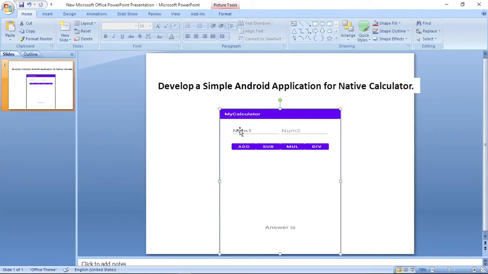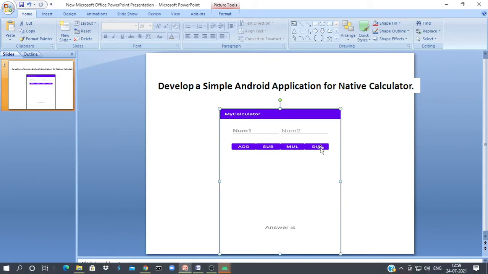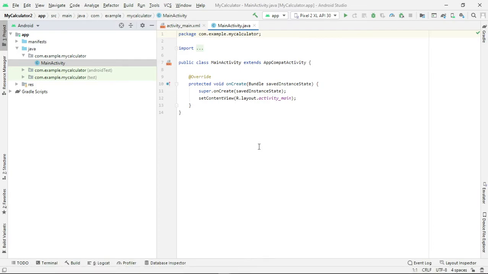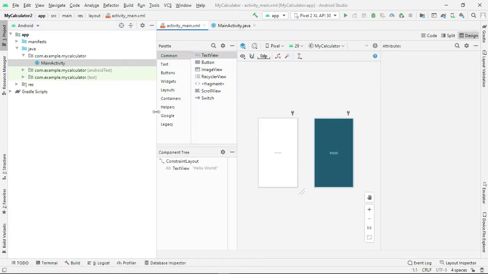So here you can have reading in numbers. You can go with an edit text. Here I'll take one linear layout and one more linear layout for the buttons, to add the buttons. Okay, so we'll go with a linear layout itself. Yes, our Gradle got loaded. So let's go to the design part.